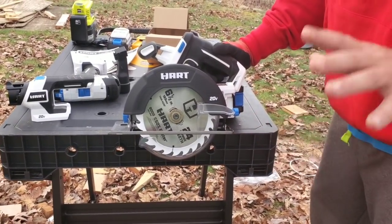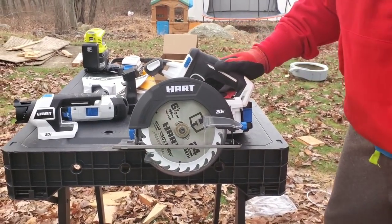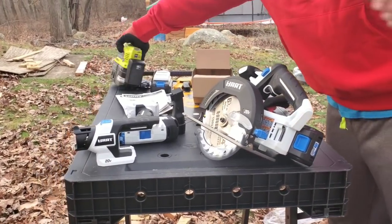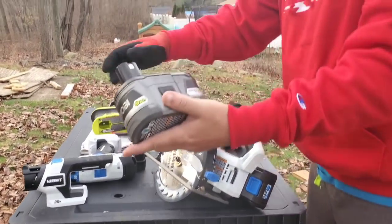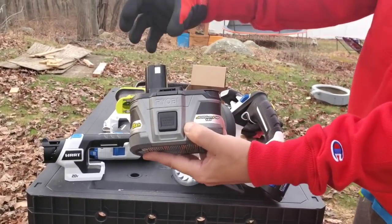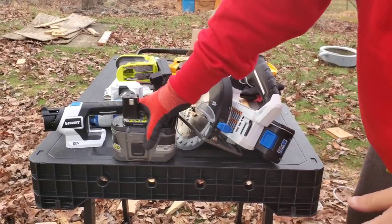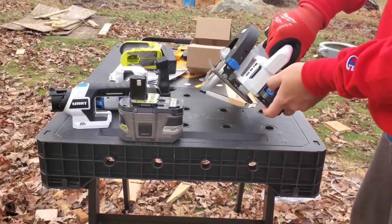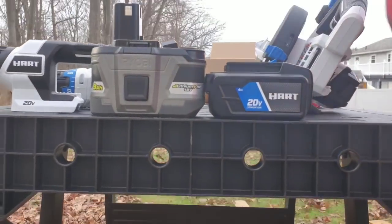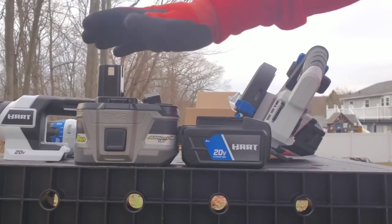The big difference, guys, what I want to harp on, is the batteries. That's really the main difference between these and the Ryobi. If you don't like the torpedo pack, all right, I'll have to take this off here, but I'll show you. If you don't like this type of battery, the L-shaped battery, the torpedo, right here. If you don't like this type of insertion into your tool and you like the slide-on pack better, I mean, obviously this is a 9 and this is a 4, right? But with the L or the torpedo, your batteries are much